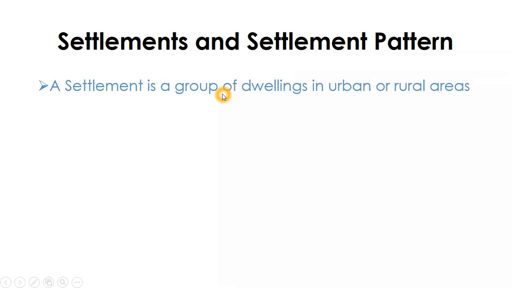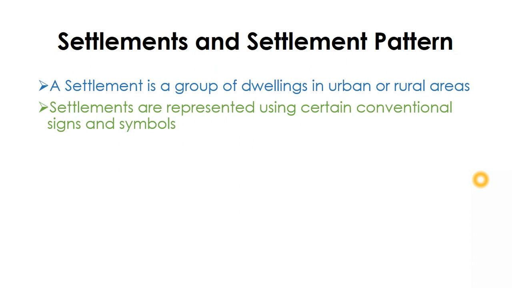So settlement is a group of dwellings in urban or rural areas. Simply, settlement is a place where people live together, sometimes permanently or sometimes temporarily for a shorter period of time. Settlements are represented using certain conventional signs and symbols. Just like any other thing, settlements are also represented using conventional signs and symbols in a topographic map,